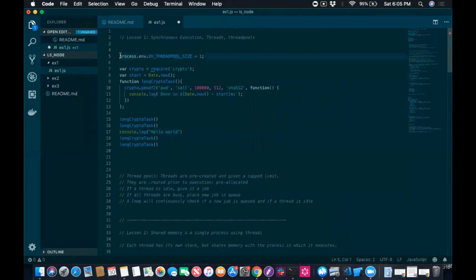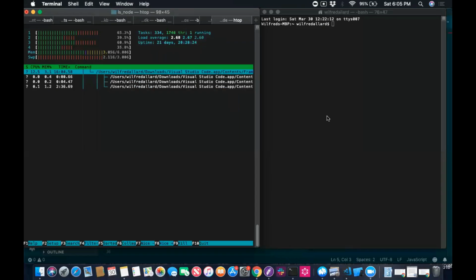The thread pool size is set to 4 by default, and that's what the thread pool size is, and its implication is going to make more sense in a second. But let me just go to